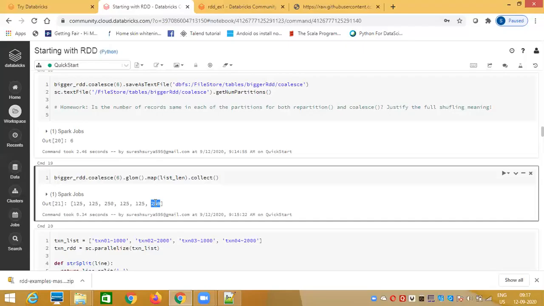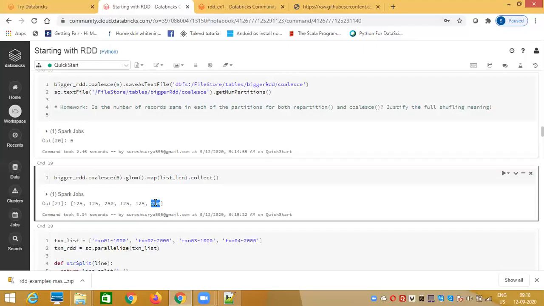This means repartition always triggers full shuffling of the data in the cluster, whereas the coalesce function is used only to decrease the number of partitions. It's not a story. In real-time projects, it has a lot of significance. Throughout these entire 30 sessions, we'll be discussing partitioning in some manner or other. If you don't understand partitioning, even though you have a huge cluster with terabytes of RAM, but you are processing only a few GBs of data, you will not be able to process it. So we have to understand partitioning thoroughly.